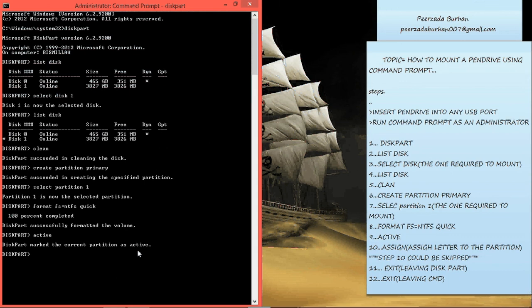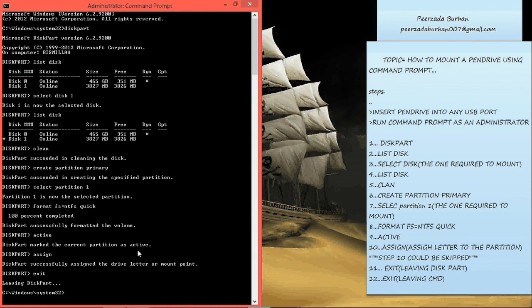Now you can also skip this step, that is you can assign a letter to this drive by simply typing assign. After that what we do is exit, not from the command prompt but from the diskpart. That's leaving the diskpart, and now we can exit